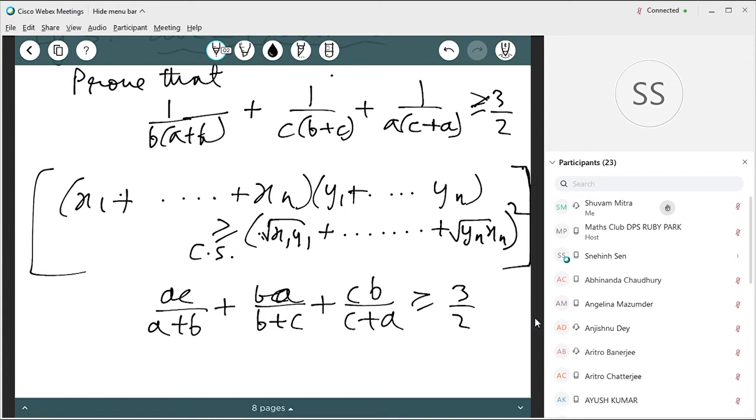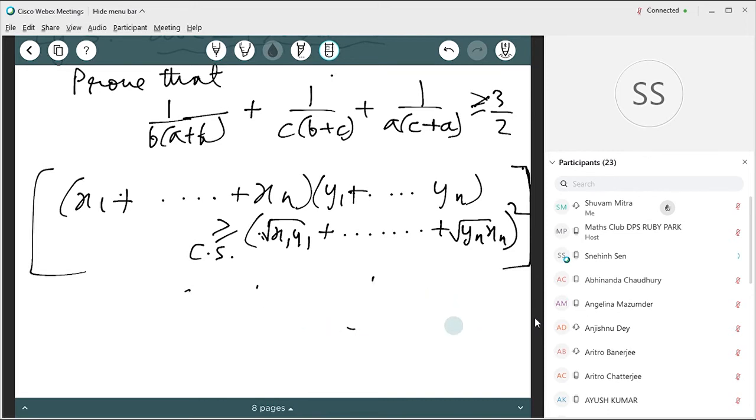Okay, so let me proceed a bit. I won't be using this most probably directly. So I'll make a substitution, which is sometimes helpful. Since it's given ABC is equal to 1, I don't want this additional information always running at the back of my mind. Rather, I'll use this. Because ABC equal to 1, there are